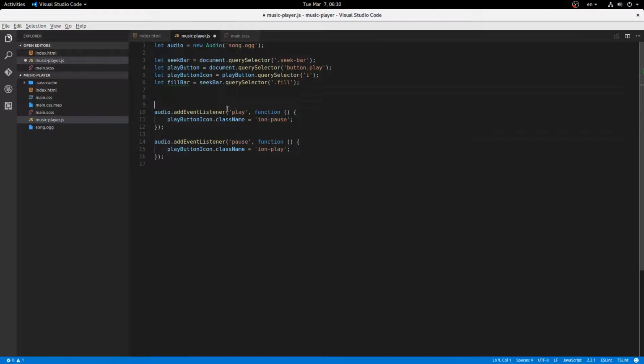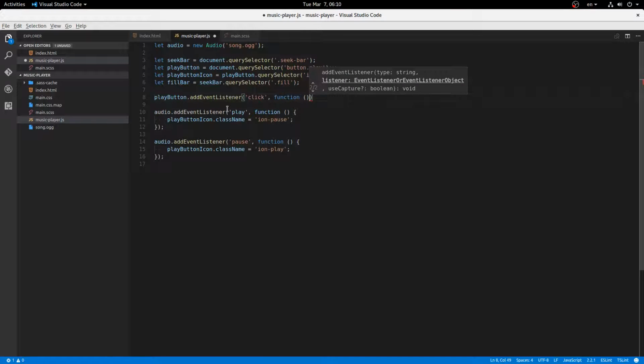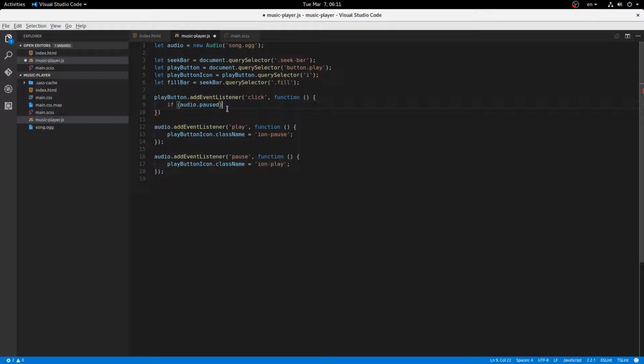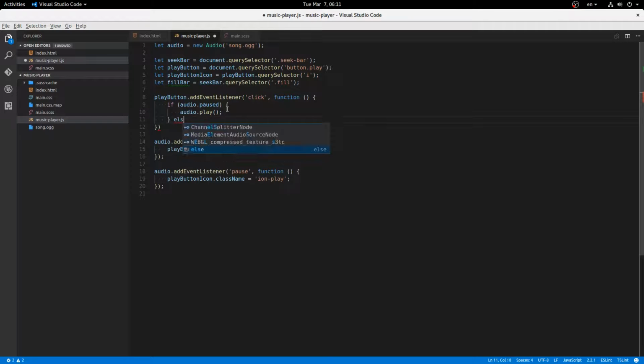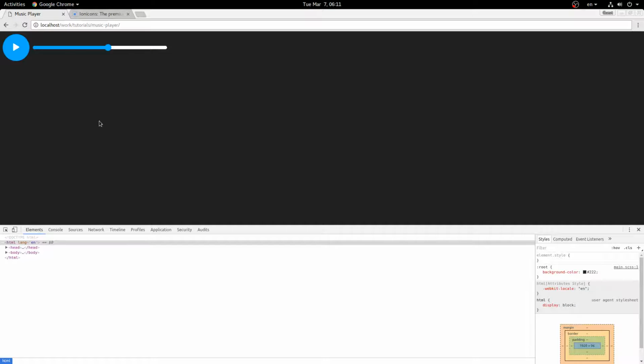Okay, and now let's add handlers to our play button. So playButton.addEventListener click, if audio is paused, then audio.play. Otherwise, if the audio is playing, audio.pause. And calling these methods will respectively call their event handlers as well. So let's refresh, and if I click play,